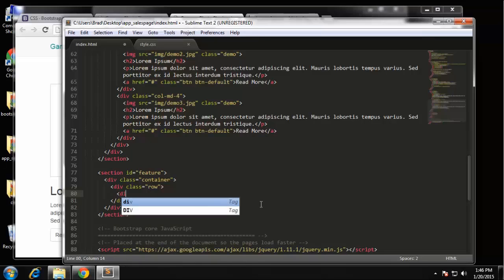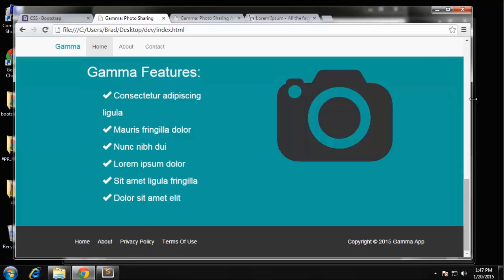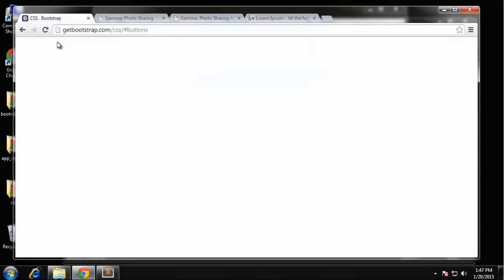So we want a div class. As far as the columns, now this is a little tricky because we want it split down the middle. You can see like we have here, but we don't want them to be way over. We don't want this to be way over to the left, or this image to be way over to the right. What we can do is set an offset. So if we look at the grid system,